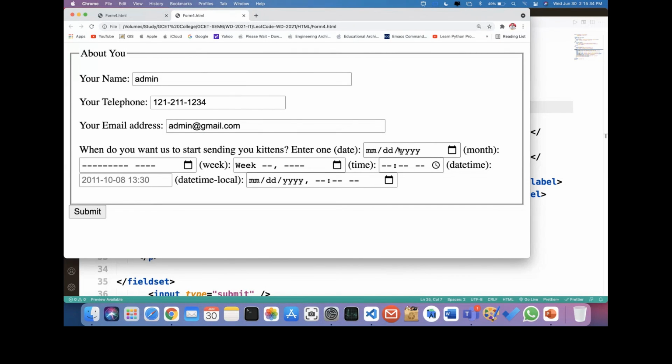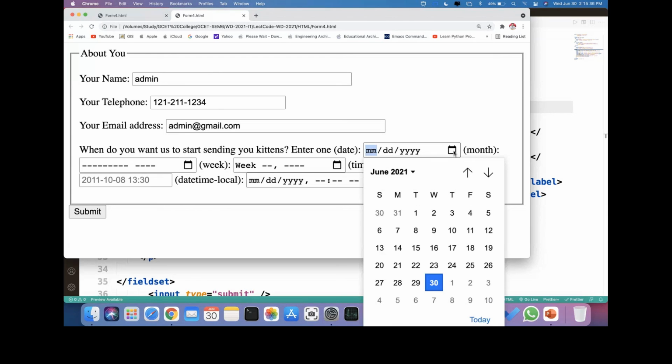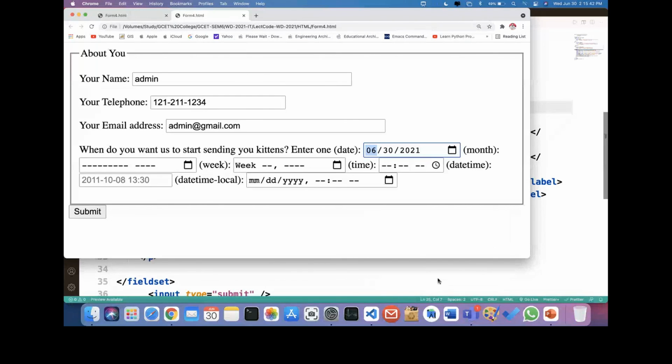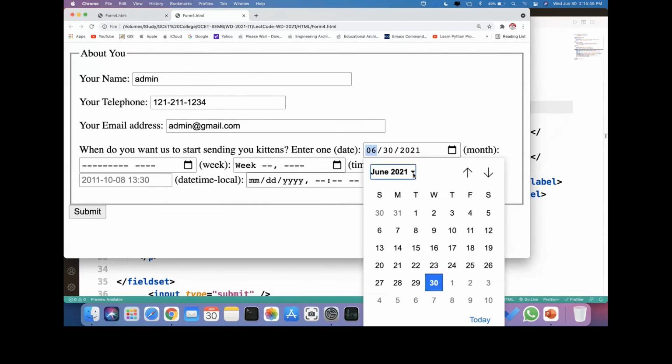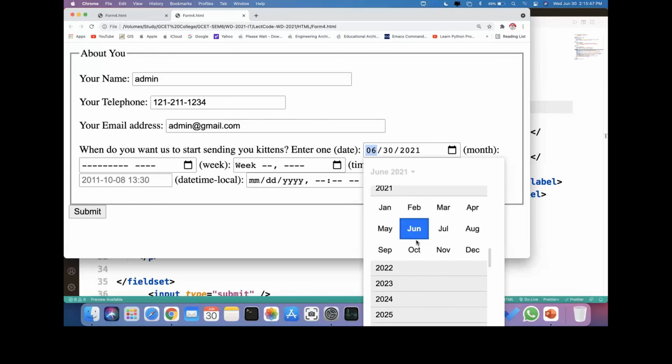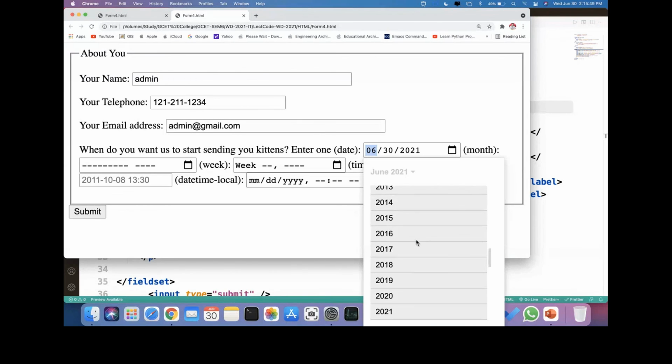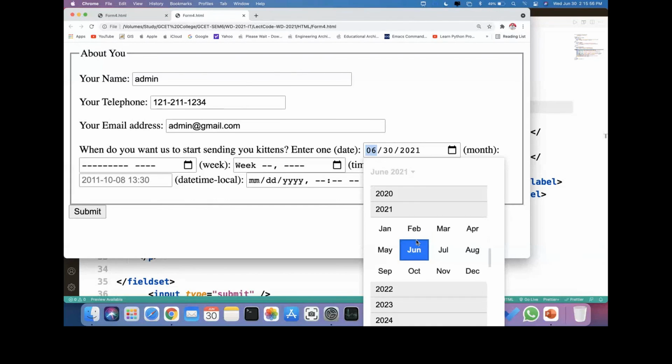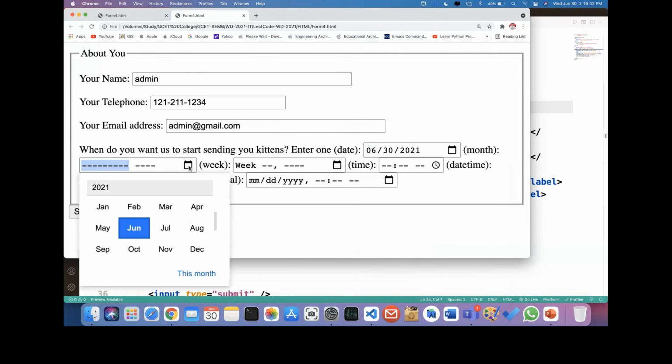Okay, now here we have a month. So you just go for it. This is 2021. I'm just selecting the date and it will be selected. Suppose I want to change the year and all that, then it is there. Here you can provide minimum and maximum, that kind of stuff, as we discussed in our slides, right? So this is about the month, this is about the week.